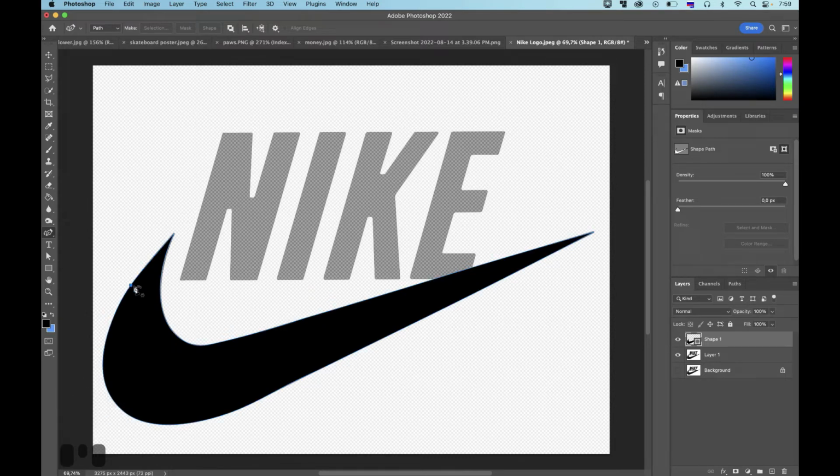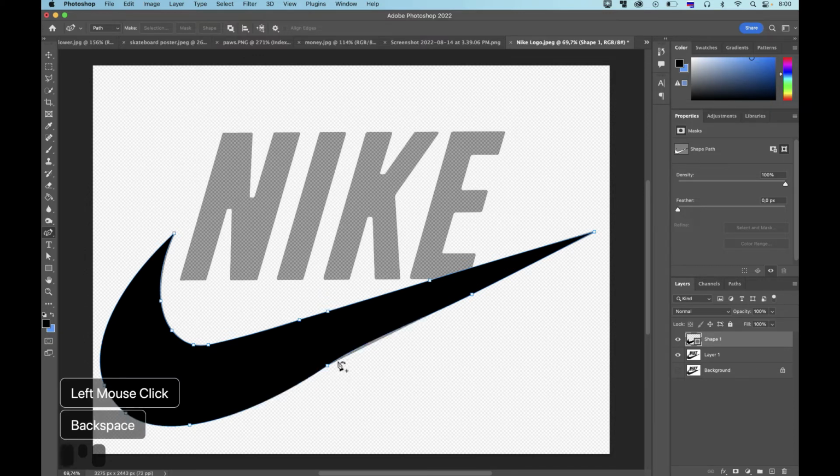If you don't like your result, you can just select this layer, and after that just go to the pen tool and find some points right over here, and you can change the shape. Let's just delete unwanted points to make it smoother. Less points, better shape. Let's delete this one, and this one, and this one. I like it.